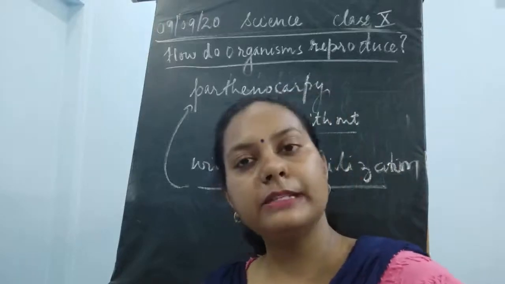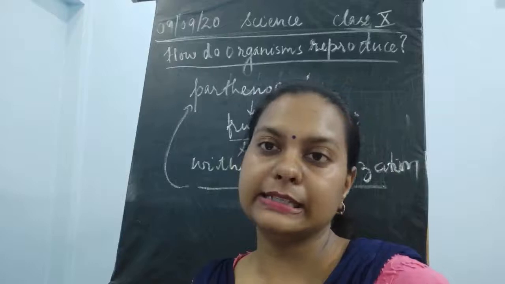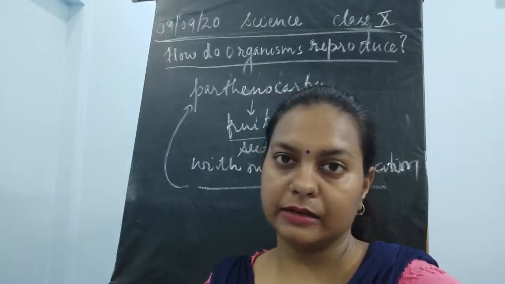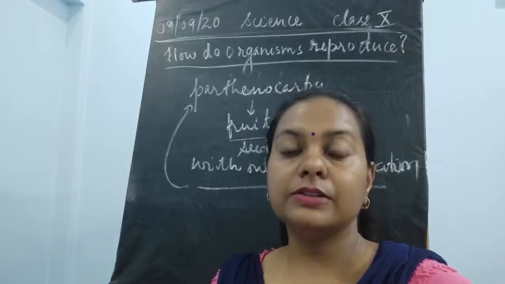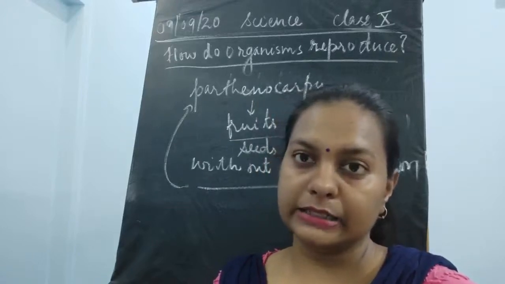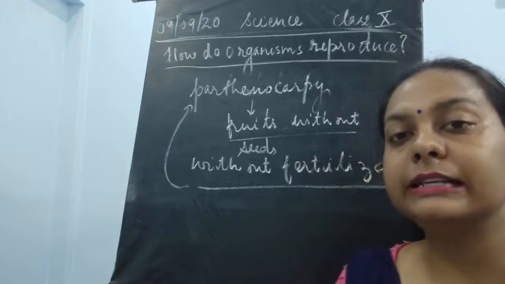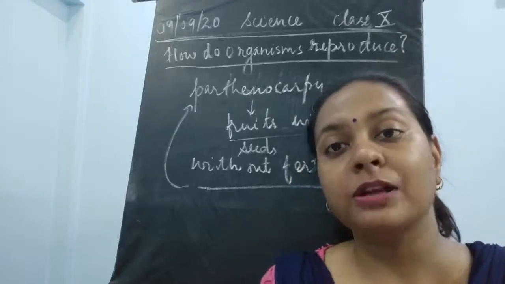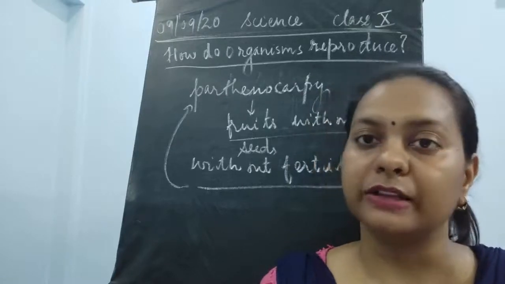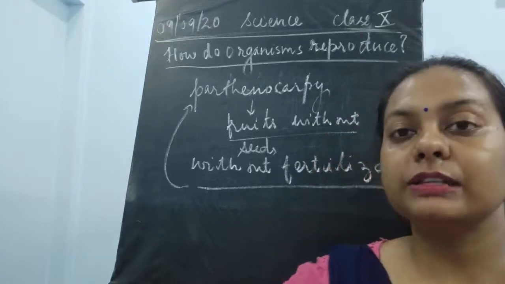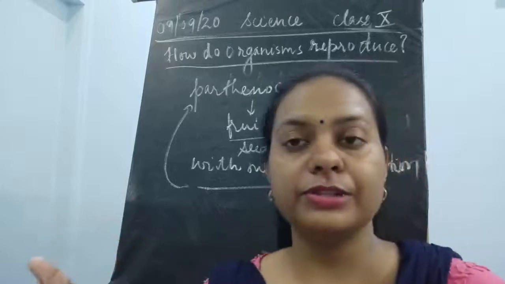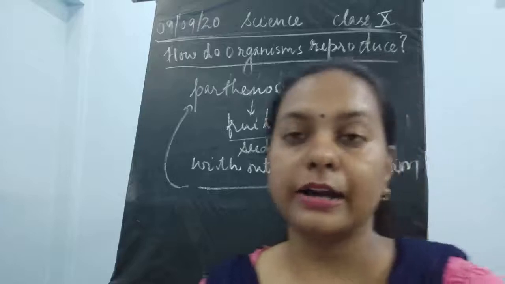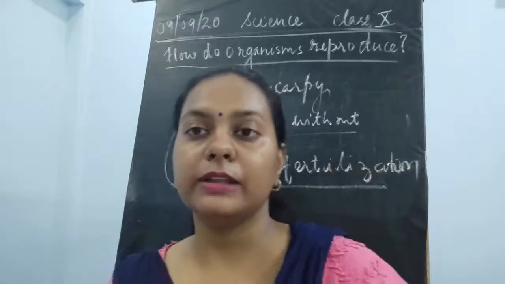The naturally formed fruits will have seeds inside them, whereas parthenocarpic fruits will not have seeds inside. There are certain grapes which do not contain seeds. So seedless grapes or seedless bananas are possible only because of this parthenogenesis. This gave rise to seedless fruits. That is why these parthenocarpic fruits are nowadays available in the market, where we see that